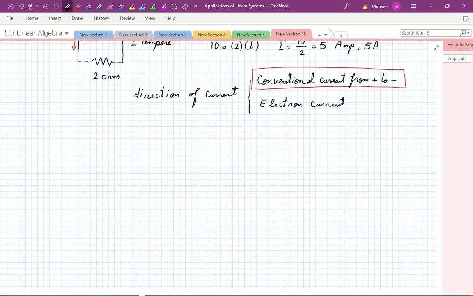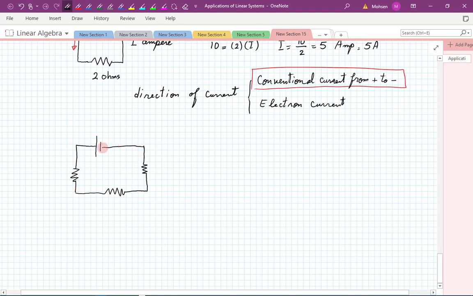Okay, so let's go ahead and make a supposedly complicated circuit. A complicated circuit means you have a bunch of batteries, a bunch of resistances, all sorts of wires and nodes and so on. So here is a standard type of situation. Suppose I have a battery and then I have some resistance, meaning a light bulb, and then some other resistance, and then perhaps still another resistance here, and I go back where I came from,